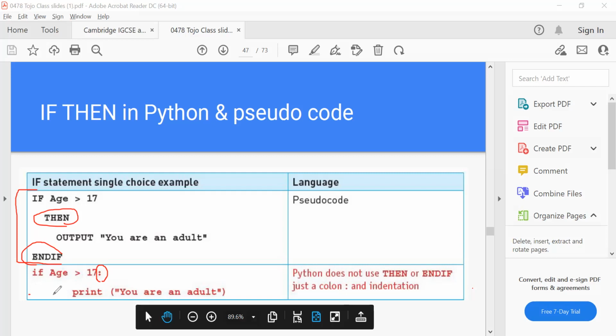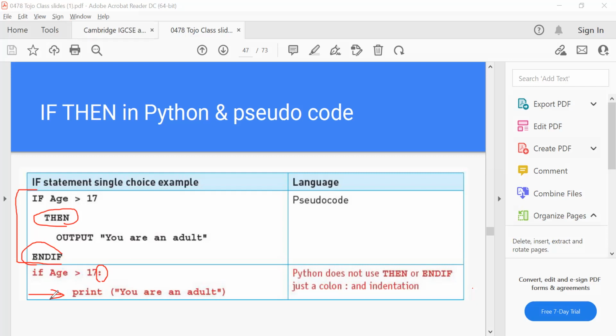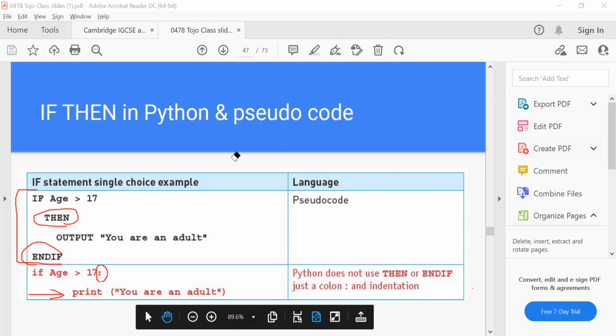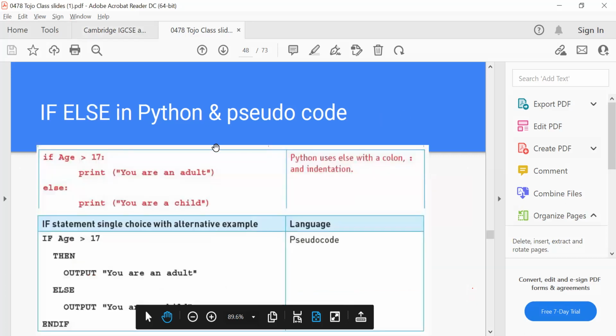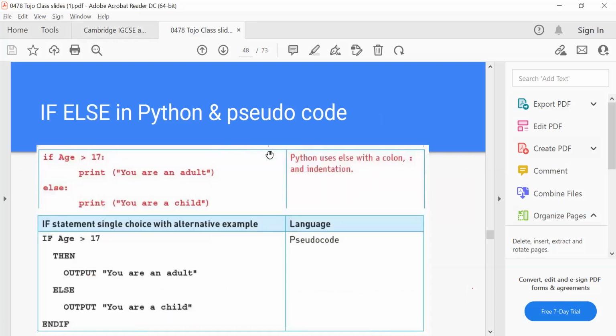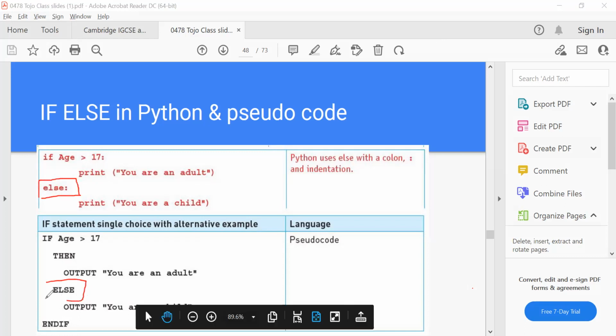Yes. So every time we need to run, you have to care about the indentation. Indentation will cause you an error. Do you understand that in Python? Yeah. Okay. So you notice the else here in Python, right? Is it clear to you how he uses a colon with the else, while in pseudocode he doesn't use any colon, right? Is that clear to you?